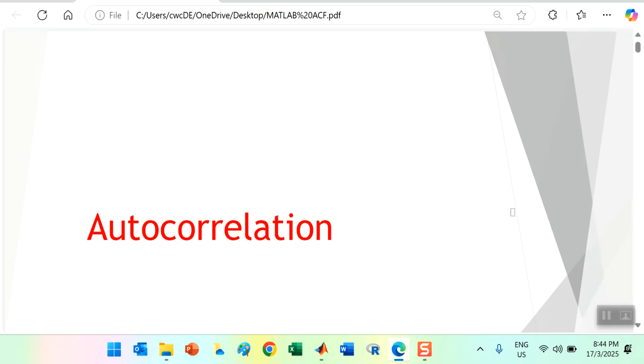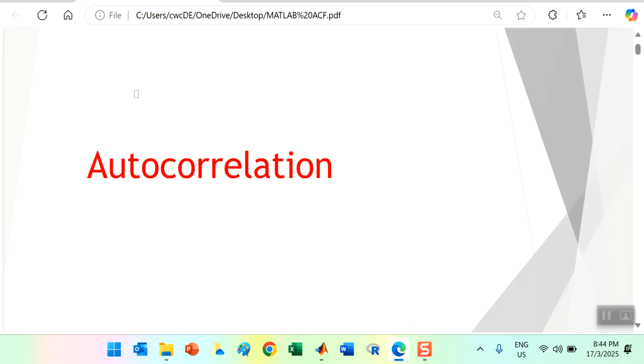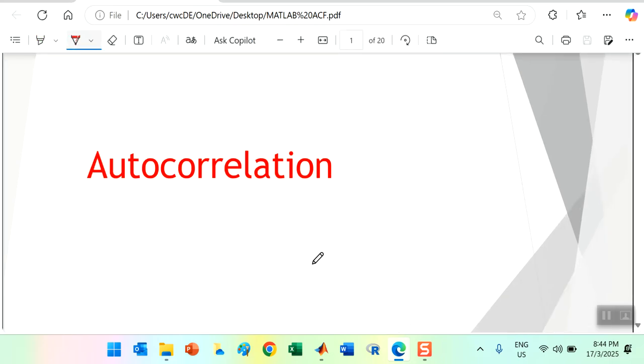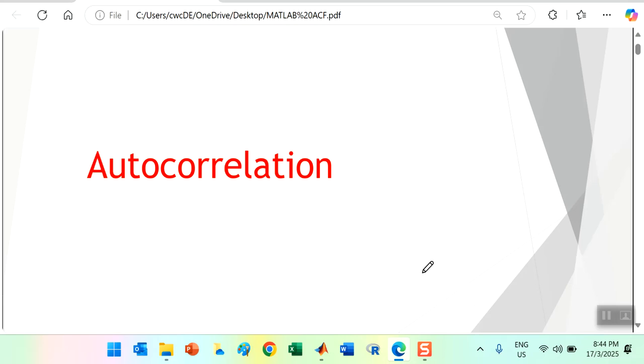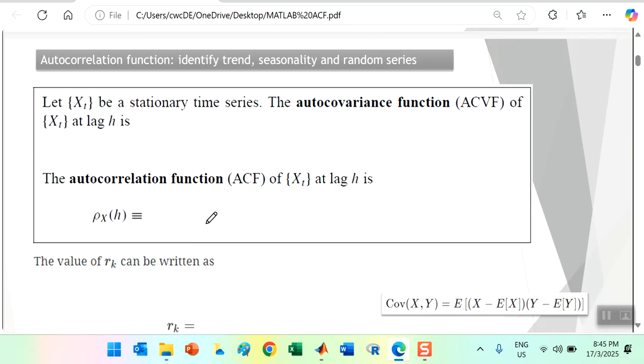Hello everybody. This is a continuation of financial time series using MATLAB. We're going to talk about the autocorrelation function, in short ACF. The other measurement of serial correlation can be the partial autocorrelation function, but today we're going to focus on this. The autocorrelation function basically tries to measure the possible serial correlation between the lag values